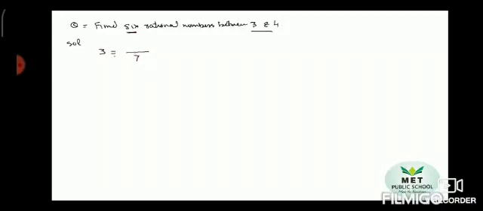In the numerator you will be writing the given number 3 multiplied by 7. As you have multiplied 7 in the denominator, the same 7 you will be multiplying in the numerator also. 3 sevens are 21, so the rational number for 3 is 21 by 7. The same step is followed for 4. Denominator is 7, and in the numerator you write 4 into 7, which is equal to 28 by 7.